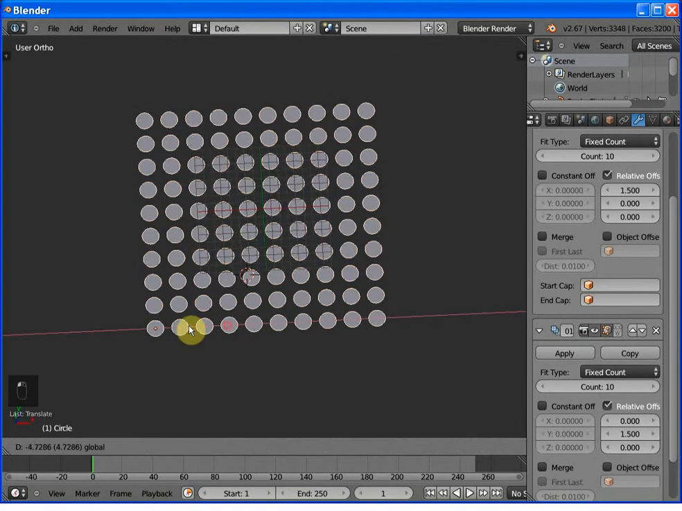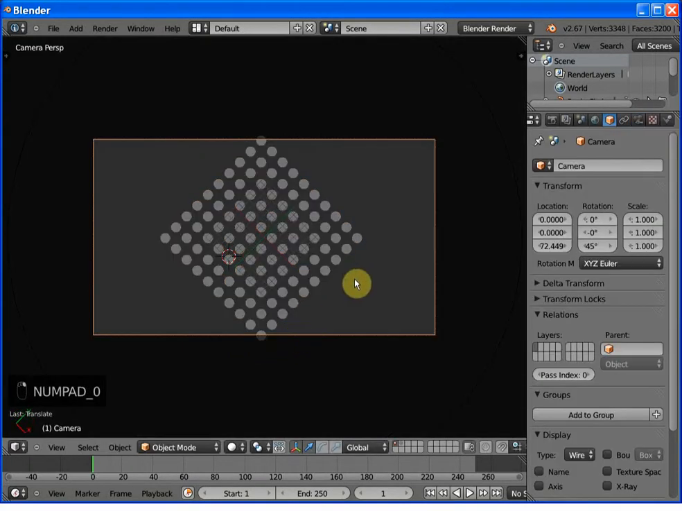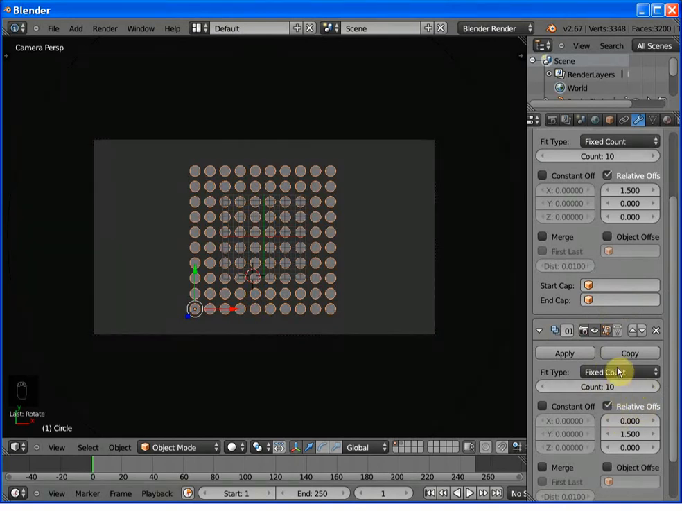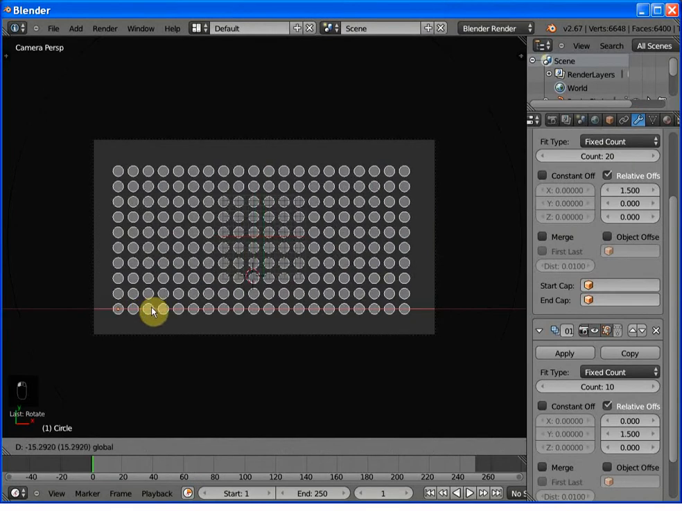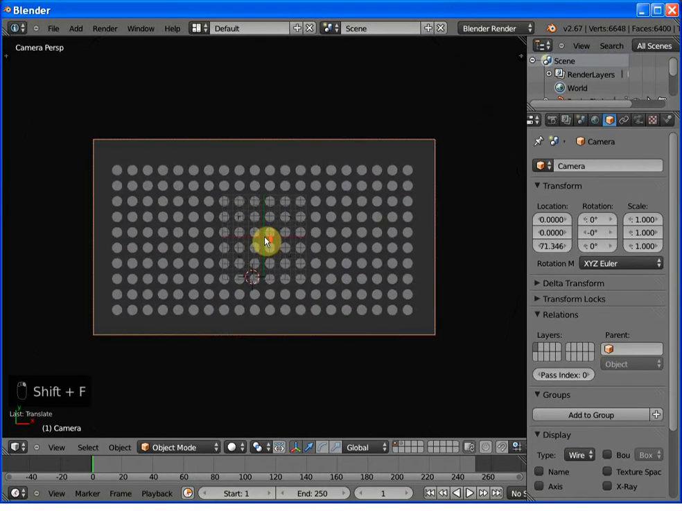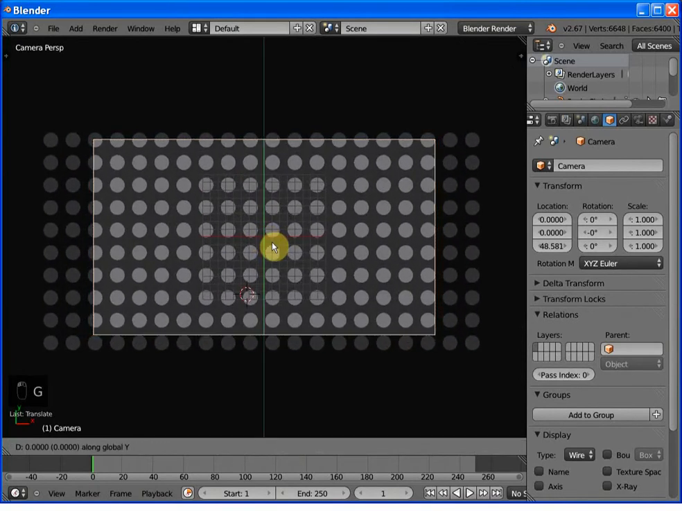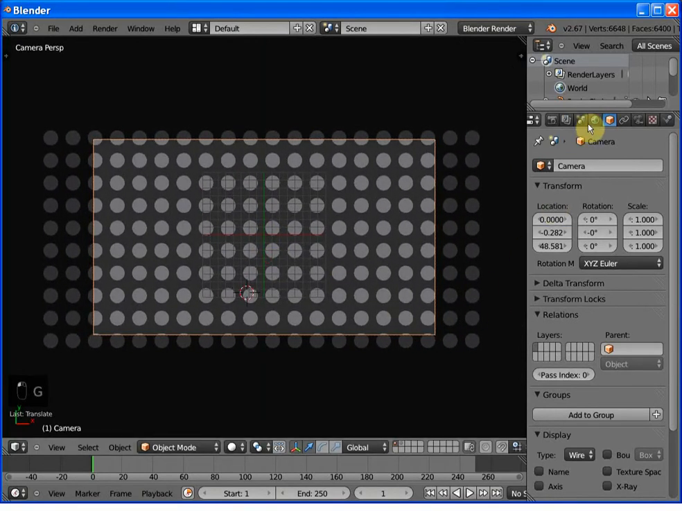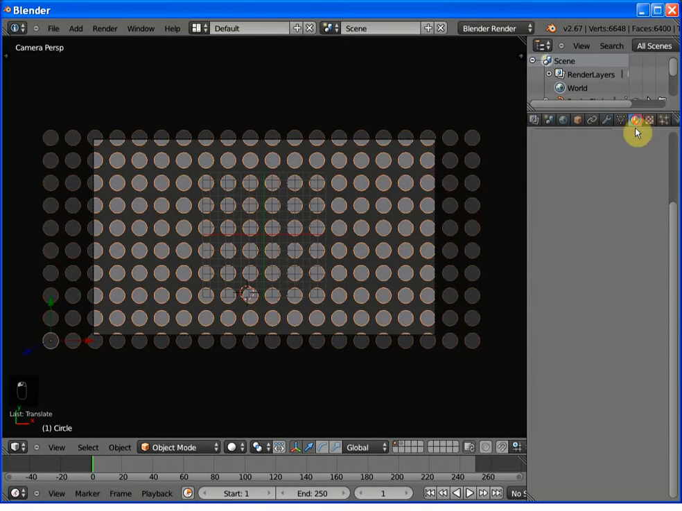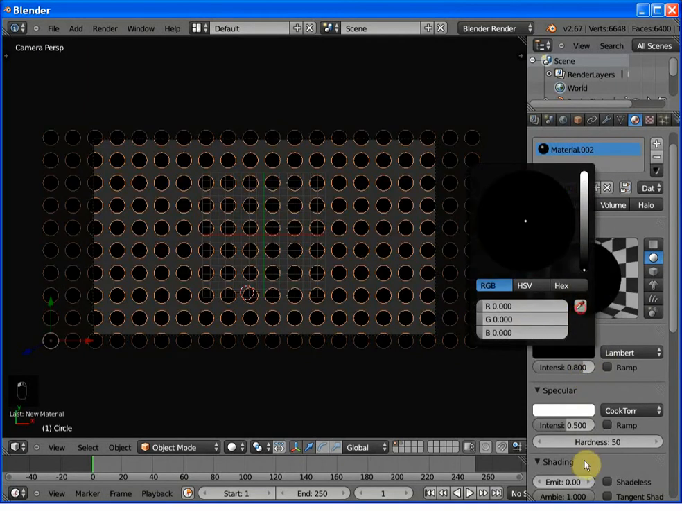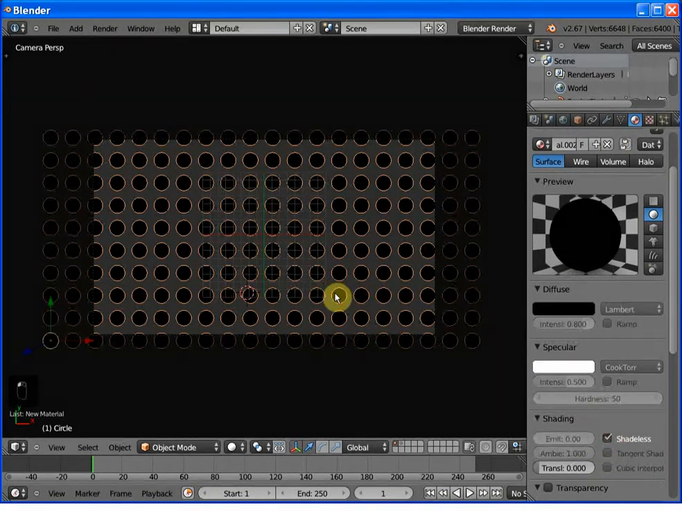Now just go to camera view and align the camera. If you want more dots, you can increase the count. Select the camera, press Shift S and scroll. Go to the material setup for dots, color to black and click on shadeless. And now if you render, you'll have this polka dots kind of